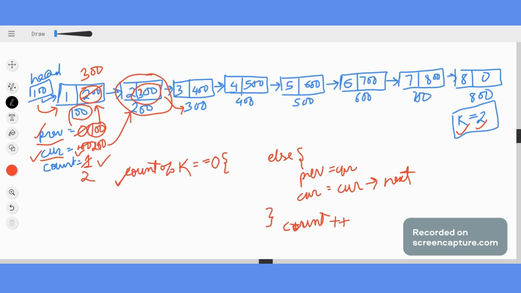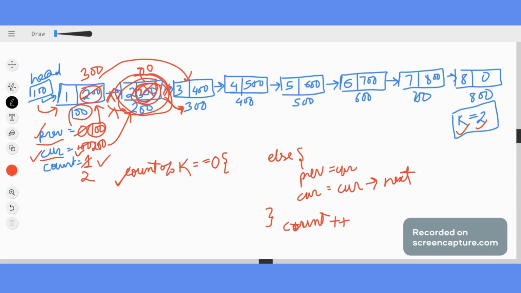Now we have updated our next pointer here to 300. So this node is now pointing to the node at 300. This link is broken. Now this is no more pointing to 200; rather, it is updated to 300. Now we need to update this value. The next of this is still pointing to 300, so we will update this next to null. If we make this null, then this link is also broken. Now this is no longer pointing to this node. So this node has been deleted successfully.